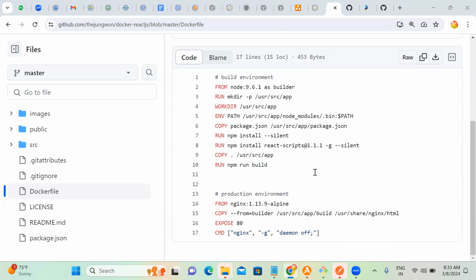How many stages are there in this Dockerfile? Two. There are two builds. One is the build environment, which they're using. I don't know, Node is what? That is an image. Node, then given the tag for the builder, and they're moving those files to the folder in your src app,